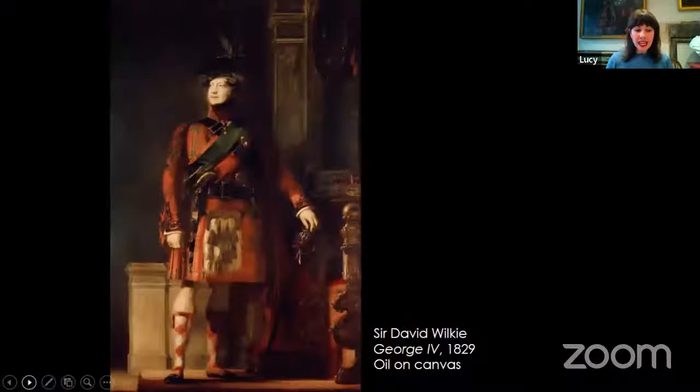Now, Wilkie obtained an invitation to take this portrait through Scott, and he wrote to his sister about the king. "He looked exceedingly well in tartan. He had on the kilt and the hose with a kind of flesh-coloured pantaloons underneath." In that letter to his sister, we learn two things. One is that Wilkie's portrait and approach to it was flattering. The second is the revelation of an item of clothing that we don't perhaps see in this portrait, which is